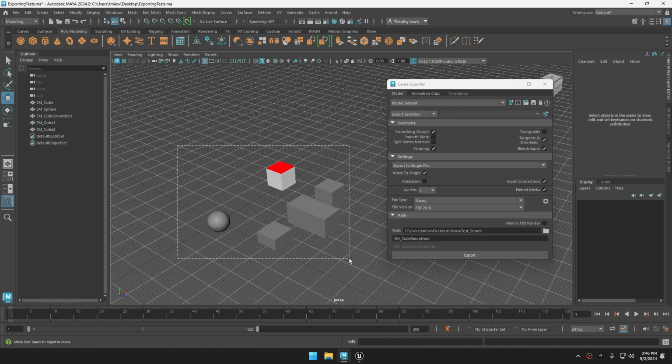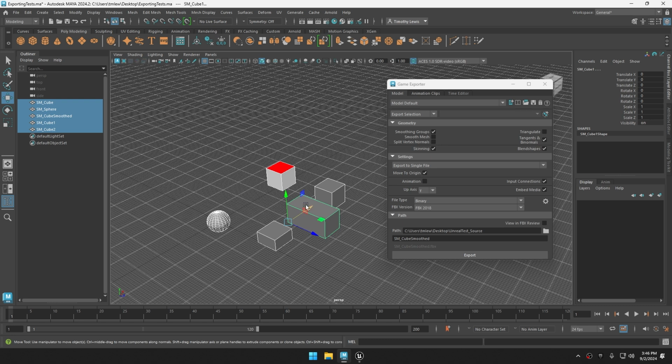Because now that we have these, I can grab them all, make sure we're still on export selection, but we're going to change settings from export to single file to export to multiple files. Now, the tricky thing here is that once you do that, you don't realize that this file name has just changed to what's called a multi-file prefix, right? I don't even want a prefix,